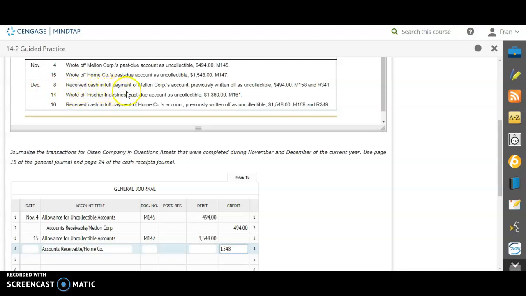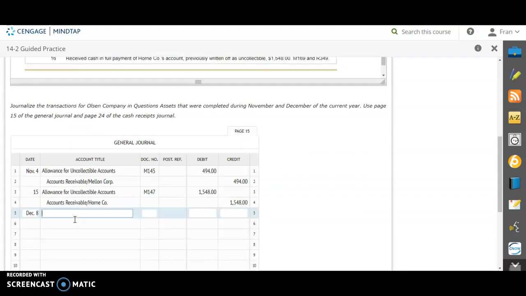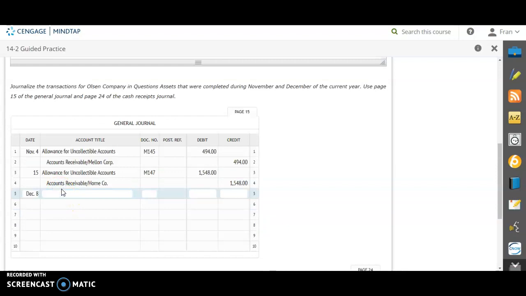Receive cash in full payment of Mellon Corporation's account that was previously written off as uncollectible for $494. So what we need to do, the first thing, we wrote it off. So it's not even in our books where we can receive cash for it. So the first thing we have to do is reopen their account with the $494. So what we're going to do is the exact opposite of what we did when we wrote it off. All right, so here's Mellon Corporation's write-off right here. So to do the complete opposite, we're going to say